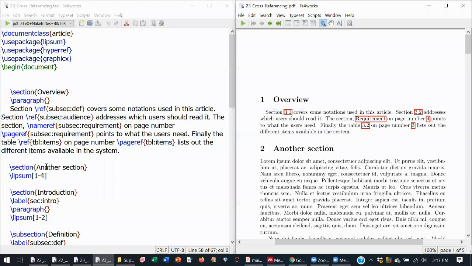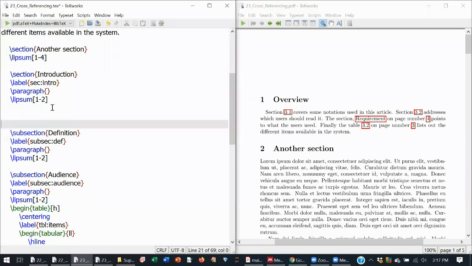If you add any other section before that, we'll add a new section. What happens, you see this number LaTeX automatically changes.